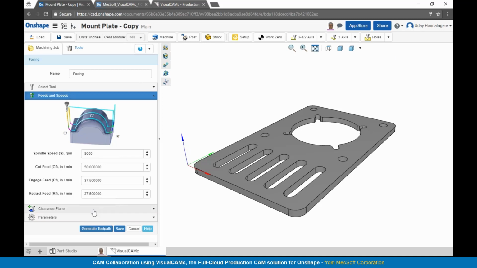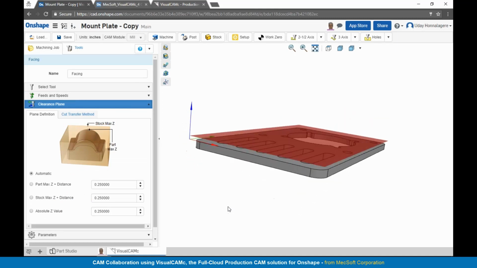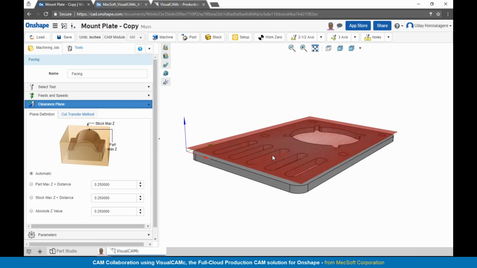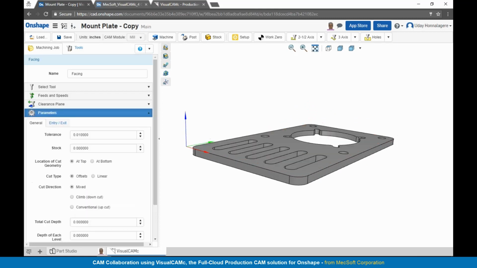Next tab allows you to establish your clearance. This is the safety plane for your transfer and non-cutting motions, and when this tab is active, you can actually visualize the clearance plane right on top of the model. I'm going to leave it as automatic, and then in the next tab, you can set the cutting parameters for